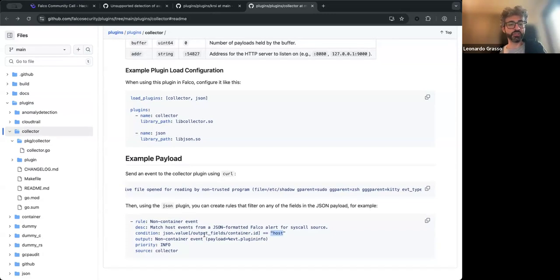Basically, for each event that will be sent to this downstream Falco instance with the collector plugin and the JSON plugin, I can detect all events that are non-container events. In other words, that match host events. I believe this is a very compelling use case, especially for testing,